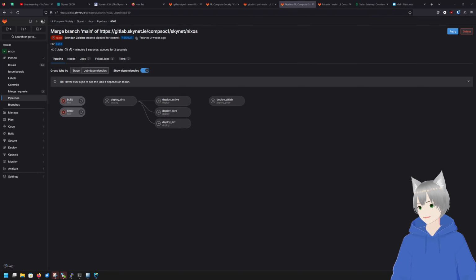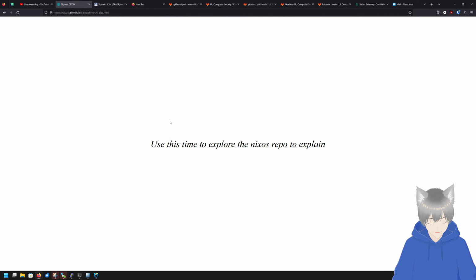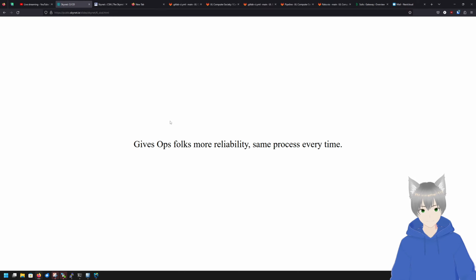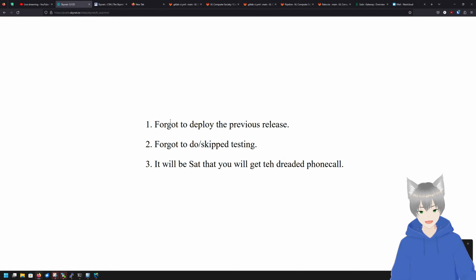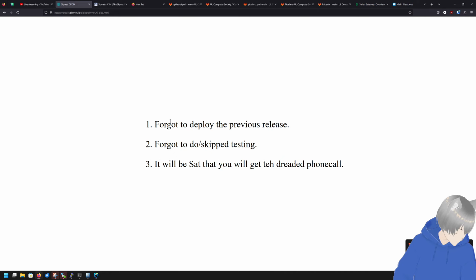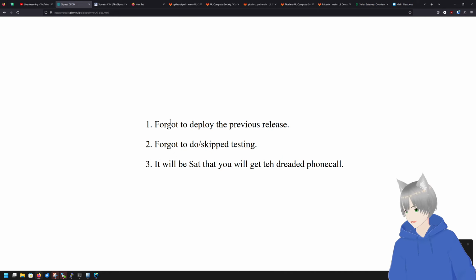Again, it's a very worthwhile thing to have, being able to automatically deploy stuff. And you know the example that I had way earlier on about forgetting to deploy? Yeah, that happened to me. And that's what pushed me into seeing how it could be automated years and years ago. I think that was 2018 or so.